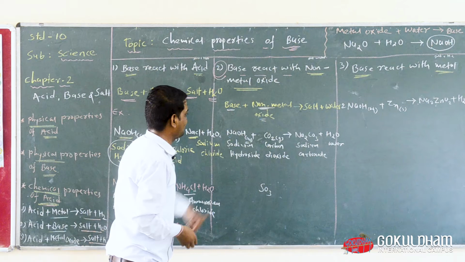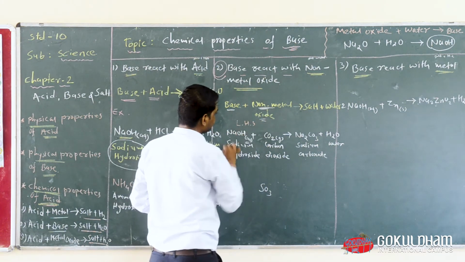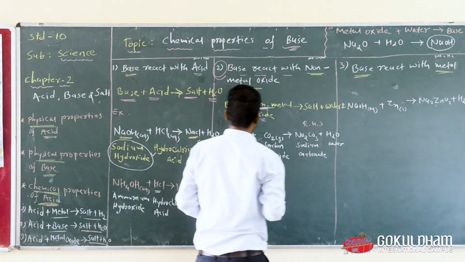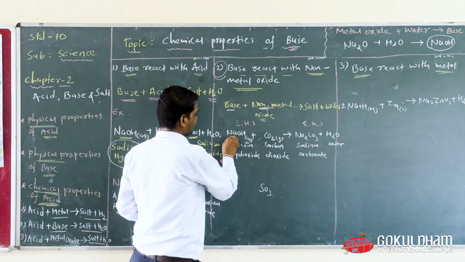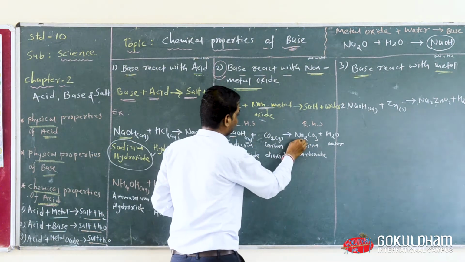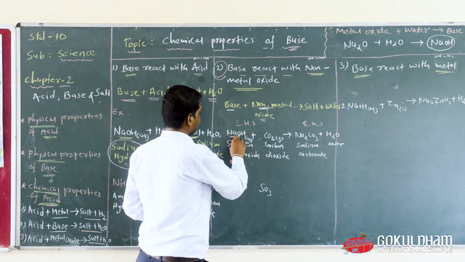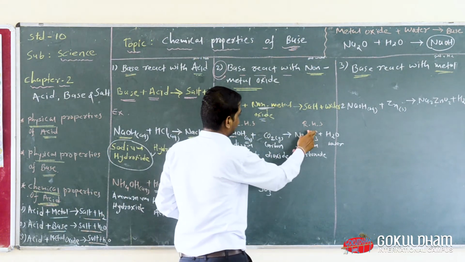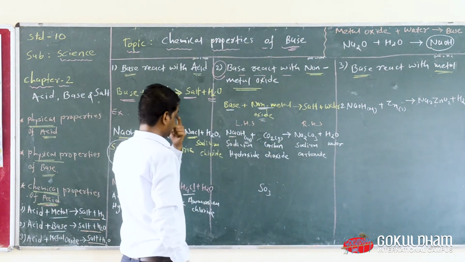Now everyone look here, what do you think about this equation? Is the equation balanced or imbalanced? Look at the left hand side and right hand side. How many atoms of sodium are present on the left hand side? 1, and on the right hand side 2. Then how many oxygen on the left hand side? 1 and 2, 3, and on the right hand side 3 plus 1, 4. That means our equation is imbalanced.